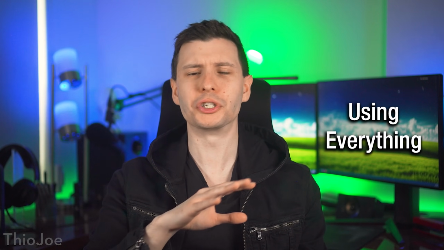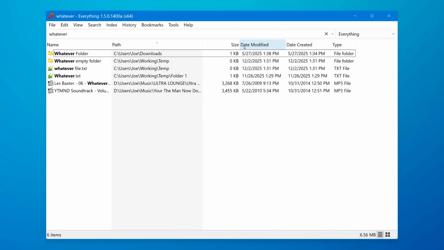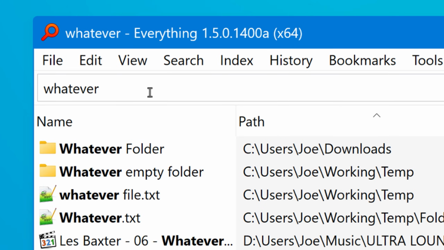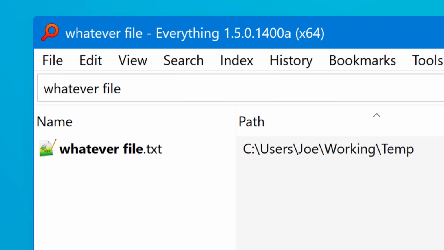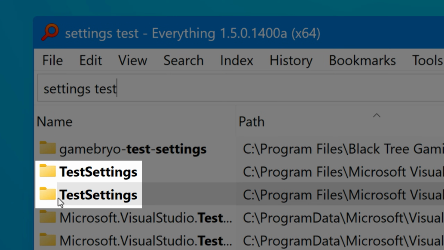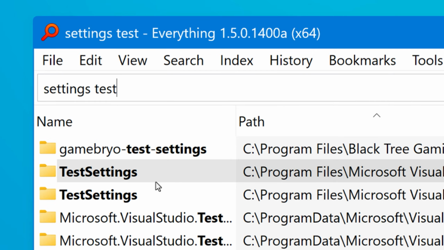All right, so now let's go over how to actually use the app, starting off with the general stuff and then some more advanced stuff. For general searching, when you type something in, it defaults to searching file or folder names. And for multiple terms that are separated by spaces, it's only going to show results that match them all. It's basically an AND operation, and also the order does not matter. So searching settings and test is going to find any files and folders that has both of those strings, like even this one, test settings, because the order doesn't matter and it has both.